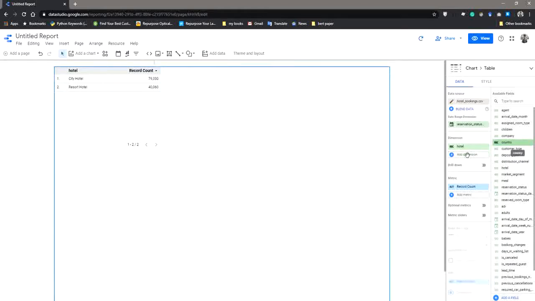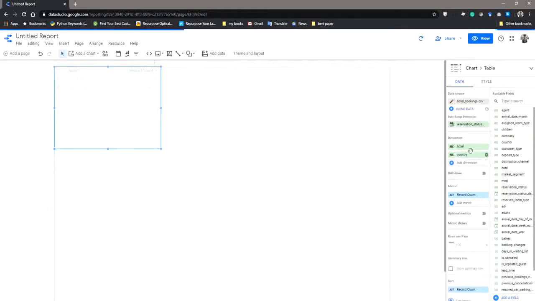Suppose we want to visualize the country wise hotels and record count of the users and all those things. Here you can see that it is specifying the type of the hotel, whether it is a city hotel or resort hotel, and the country name which has got city hotel or resort hotel, and the record count of the users. In this way, you can visualize it in tabular form.